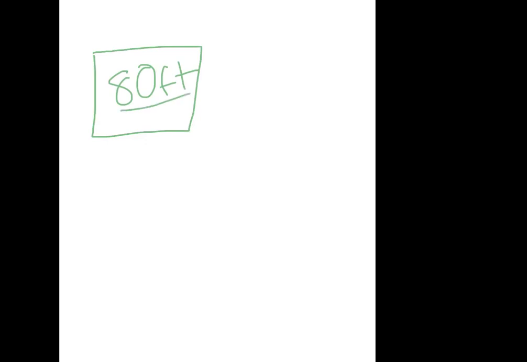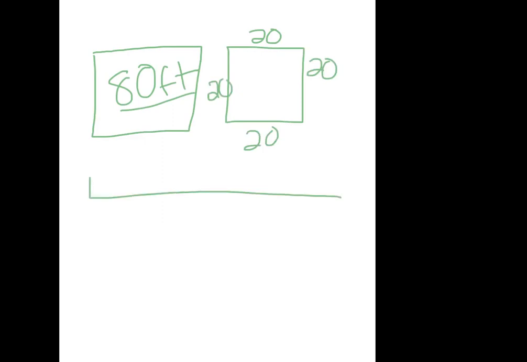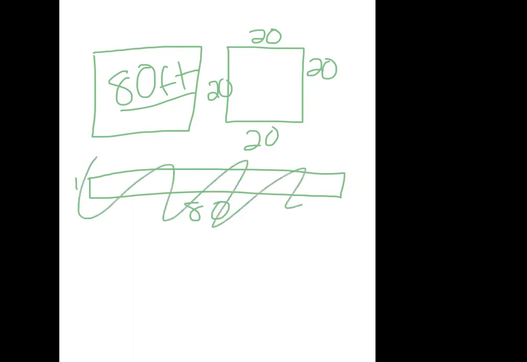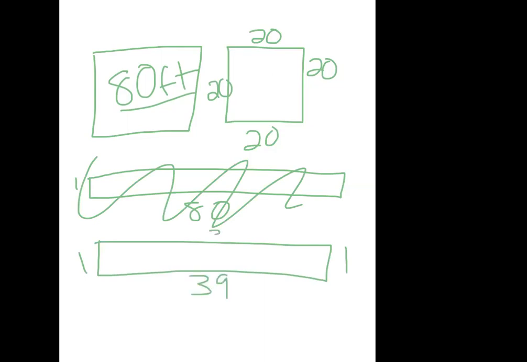So you have 80 feet to use. Does it make sense? Are you going to do 20, 20, 20, 20? Is that going to get you the area that you want? Maybe not. Are you going to do 1 by 80? Is that going to get you what you want? What a terrible pen that would be, right? Oh, wait, that wouldn't make any sense. It wouldn't be 1 by 80. I'm thinking area. Oh, silly goose. It'd be something like, if you had 1, that'd be half of 78, which is 39. Just kidding. Okay. Now we're in business.